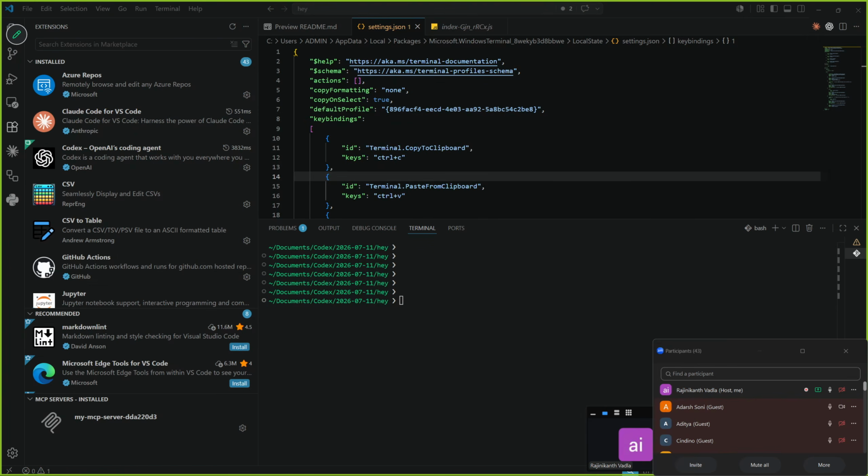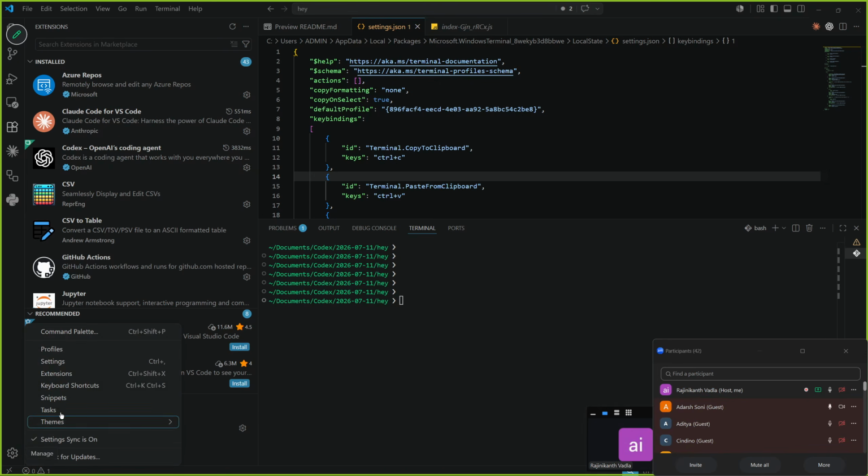Maybe let me open my pen. So here, settings, just click on it, sir. When you click on it, it will ask you to log in. So just log in with your account, which is nothing but your GitHub account.